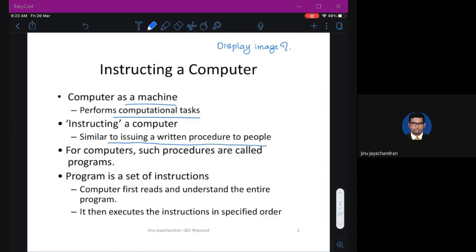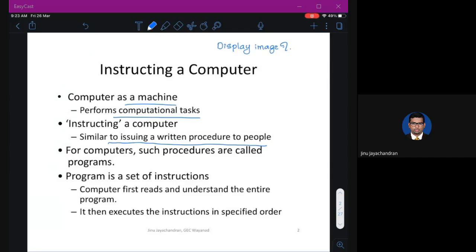Now let's say I tell my 5-year-old daughter, please make a tea for me. She doesn't know how to make tea, so I need to explain the procedure to her first. Ideally I should not be asking my 5-year-old daughter to play with gas, but just to give an example: first take some water, light up the gas, put the tumbler with water over the gas, and let it boil.